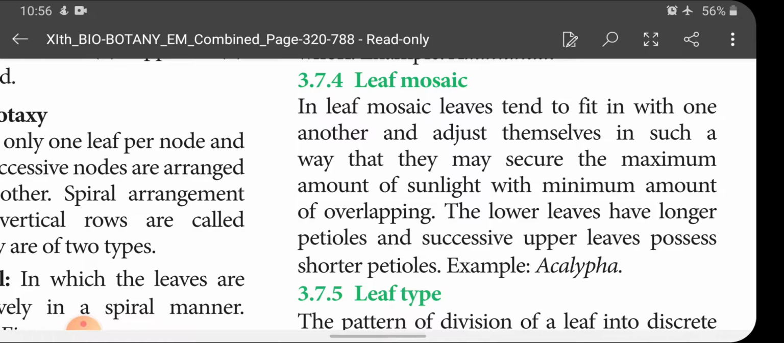So leaf mosaic is nothing but leaves tending to fit with one another and adjust themselves. What for do they have to fit one another and adjust themselves? To secure the maximum amount of sunlight with the minimum amount of overlapping. And this is called what? Leaf mosaic. The lower leaves have longer petioles and successive upper leaves possess shorter petioles. Okay. Example,